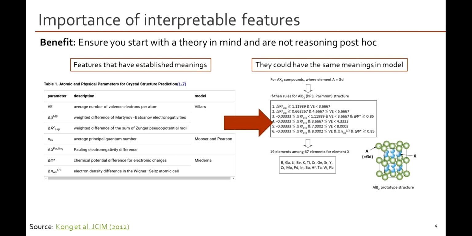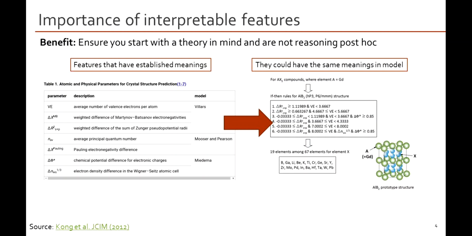And you can see this reasonably in this case of a set of decision rules that were created to predict which elements would form in this aluminum diboride structure if you put gadolinium on one of the two sites. And these rules are reasonable based on our understanding of crystal formation. I can see that if the pseudopotential radii difference, delta R, exists within a certain range, only then am I likely to form this crystal structure, which is again reasonable based on those Pauling's rules that we just mentioned,